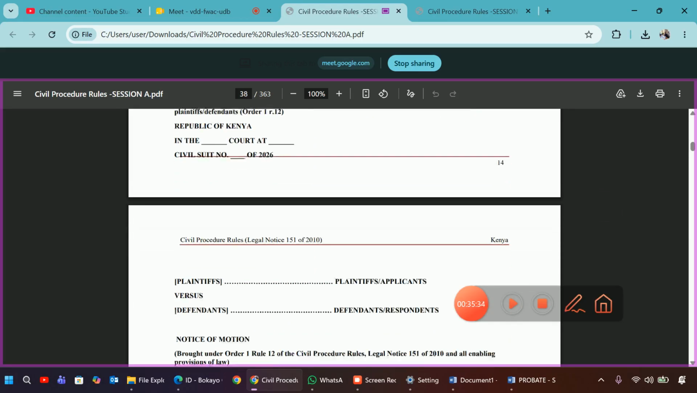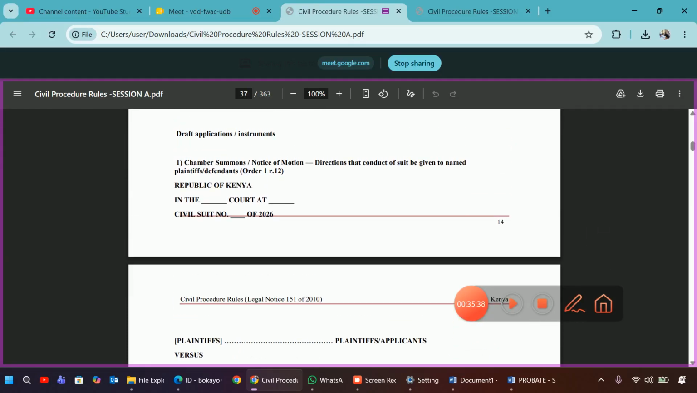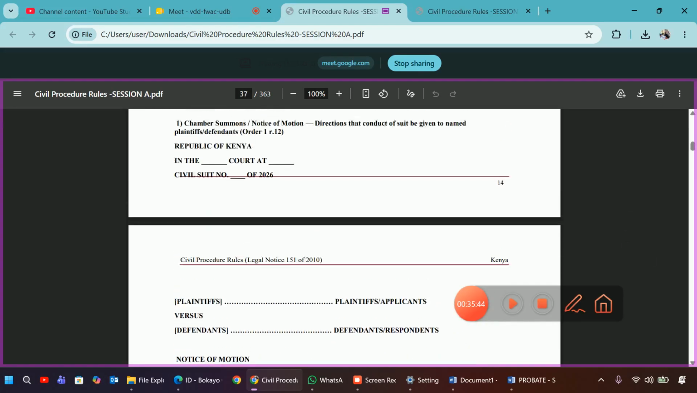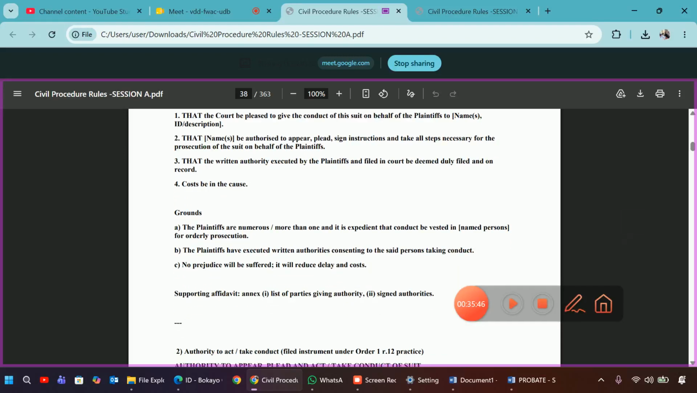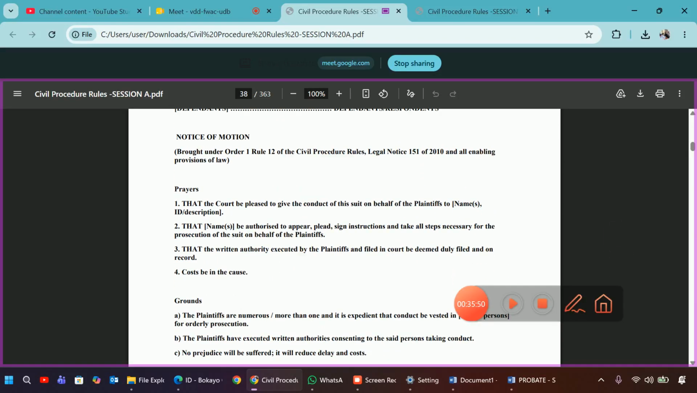And we see clearly we go under a chamber. It is okay, you can use chamber summons or notice of motion. Remember, the default application rule is a notice of motion unless where the rule expressly states a chamber summons. So, notice of motion is being brought under Order 1, Rule 12 of the Civil Procedure Rules and all enabling